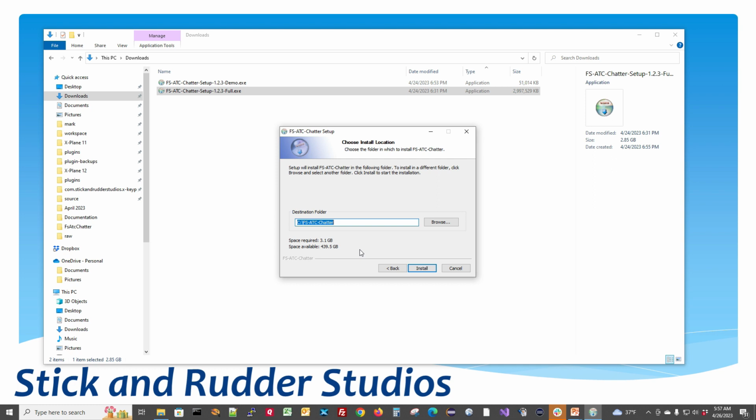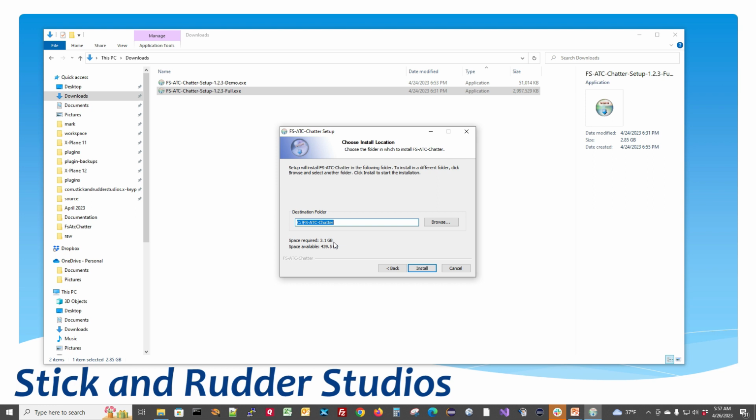Once you've run this installer, it will remember where it is the next time and always fill this in for you. Make sure you put it in a place where you've got plenty of room. In my case, because it is going to be pretty big, it's going to take over 3 gigabytes once it's unpacked and installed. Also, do not install this in your Program Files folders, primarily because you need certain permissions to be able to write to those folders,